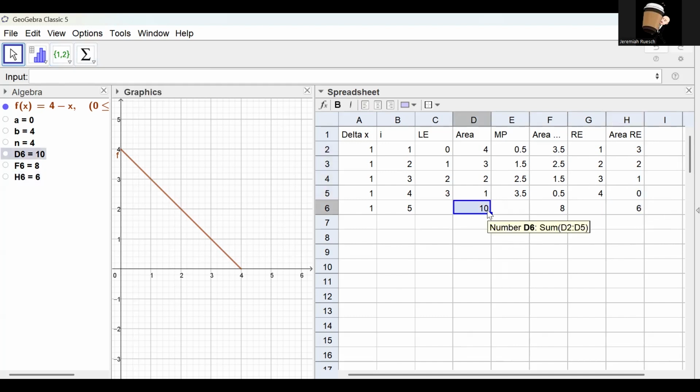And so you can see here, I get 10 for the left hand point, I get 8 for the midpoint, and I get 6 for the right hand point for the areas. And so we have here, of course, that this is the upper sum, the lower sum, and then the actual value in this case is right on with our predicted value from the formula for the area. Okay. All right. So I hope this is helpful and where the i's come from, and then also how to compute the function, right? So the area again was right, left, or midpoint, depending on what scheme you're using. And I will see you in